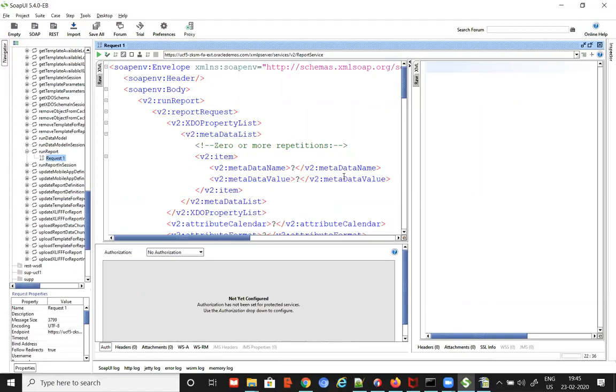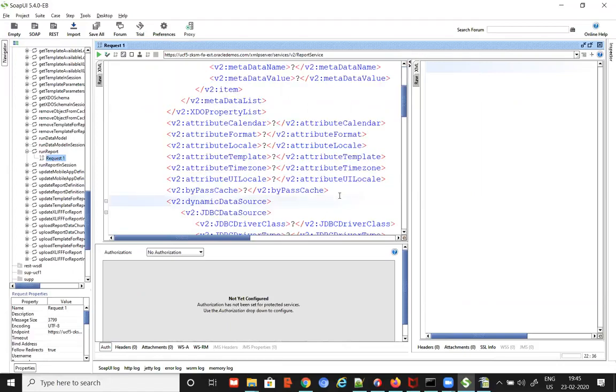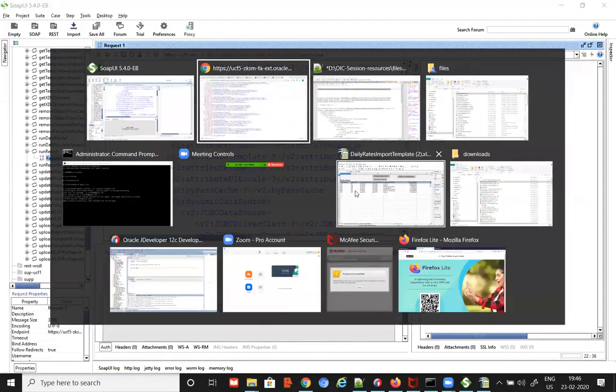But this is a good practice. Not only for Fusion applications, for any web service you want to use in integrations, first make sure to understand the request, what it is taking, etc., using SOAP UI. That is easy to understand. And then the same thing you can replicate in the integrations. Okay, now